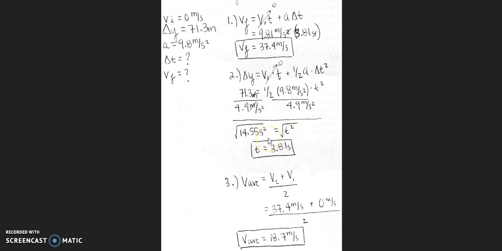So that altogether gives us t equals 3.81 seconds, which we can then plug back into this equation, and that would be 9.81 meters per second squared times 3.81 seconds. The squared of this acceleration and the seconds of this time cancel out to give the final velocity of 37.4 meters per second. Then the last question asks us,